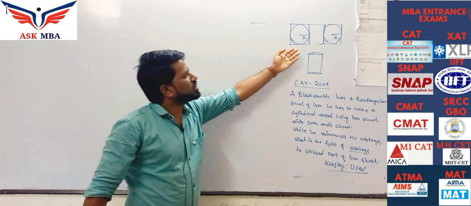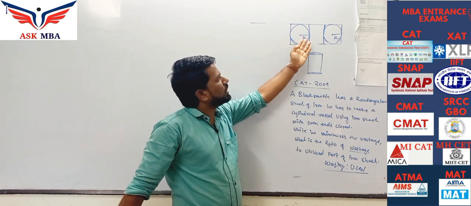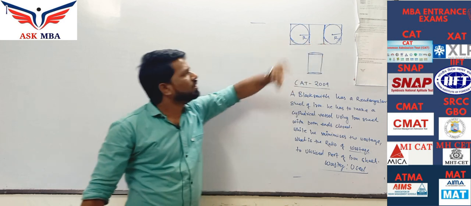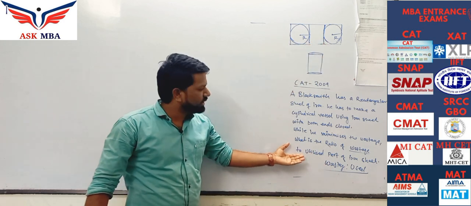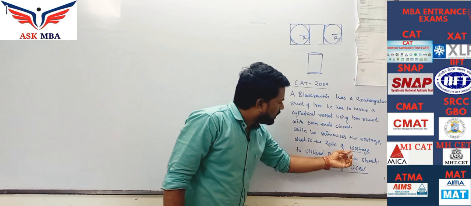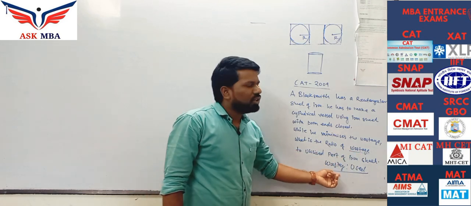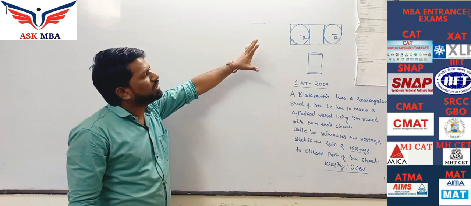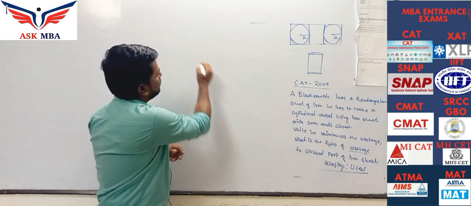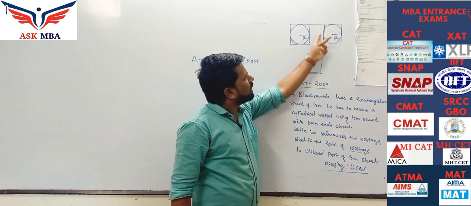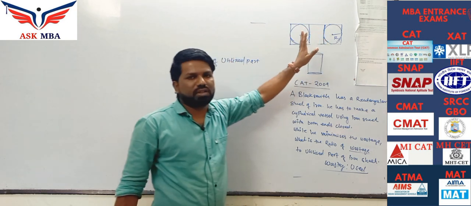For now let us assume that I'm taking a circle of radius r. Both circles will be equal as the radii are equal. Let us understand what we need. I need a wastage part and a utilized part. So let us calculate the area of the utilized part, which is the two circles and the part which is coming in between these two circles.